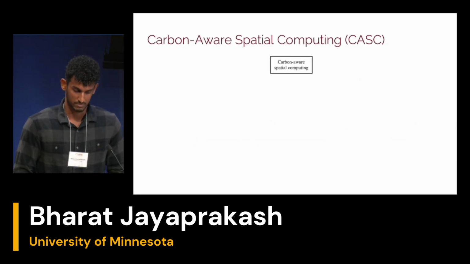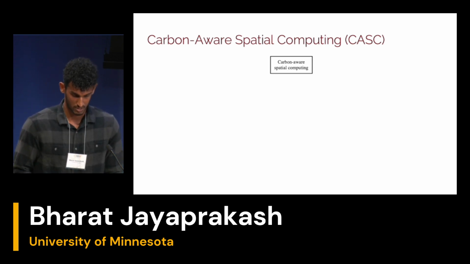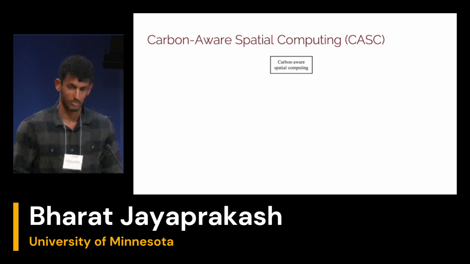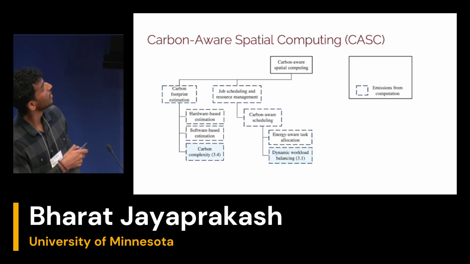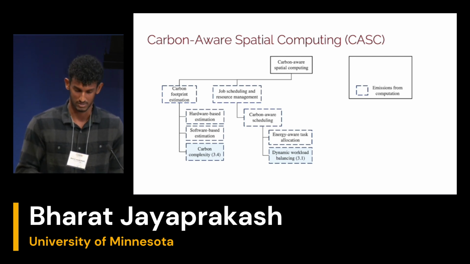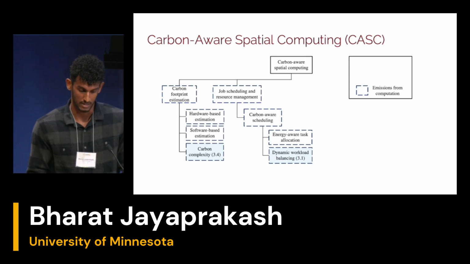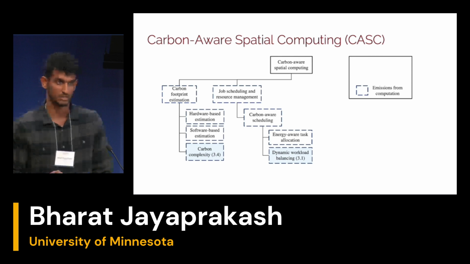So what is CASC and what are the different facets and subdomains that come under CASC? Well, CASC is a domain of computing that has two primary objectives. Firstly, it tries to reduce the carbon footprint associated with spatial computing itself. Now, for one, this can include these algorithmic models that help in the estimation of carbon footprint of these computation tasks, and it can also include implementing these innovative technologies or innovative strategies that